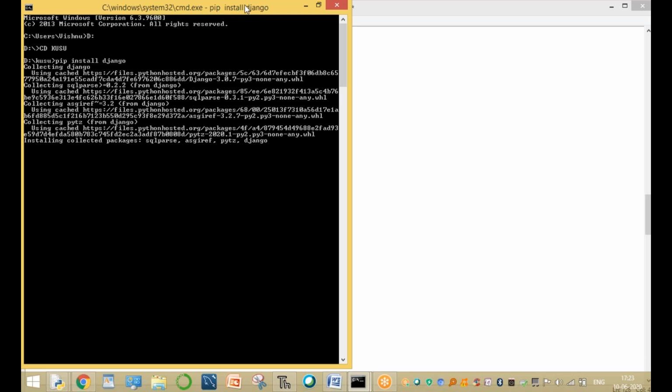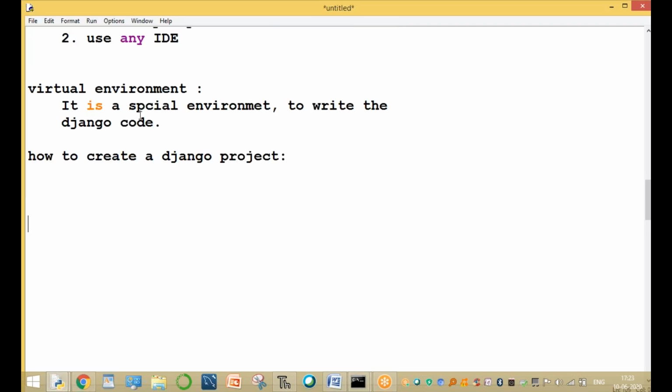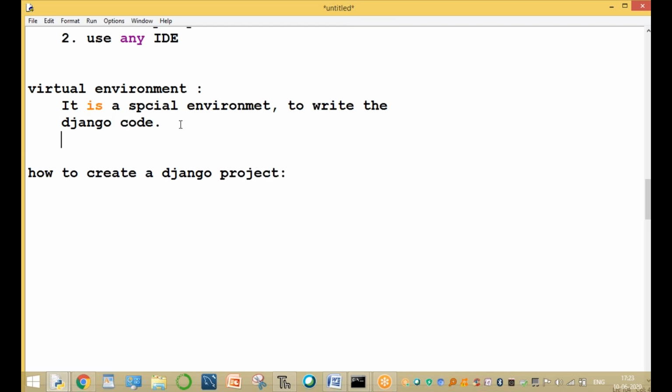Now this is the process. After installation, these are the steps: create the virtual environment. Here, using one command, how to create the virtual environment?